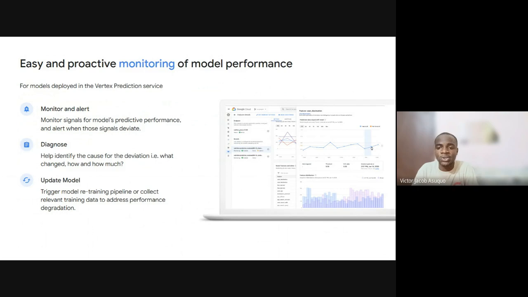Also, update models, trigger a model retraining pipeline, or collect relevant training data to address performance degradation. This is what having a pipeline does. Anytime there's a model drift, concept drift, or even data drift, you can retrigger the training.